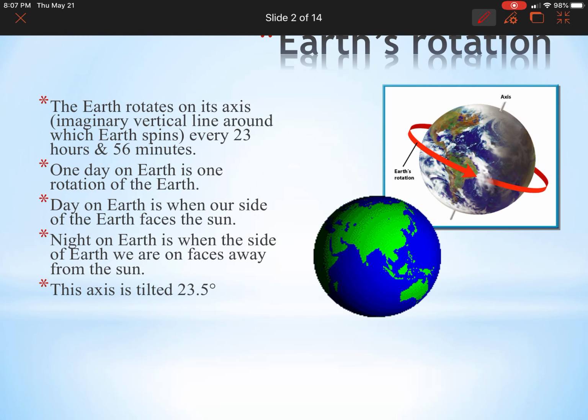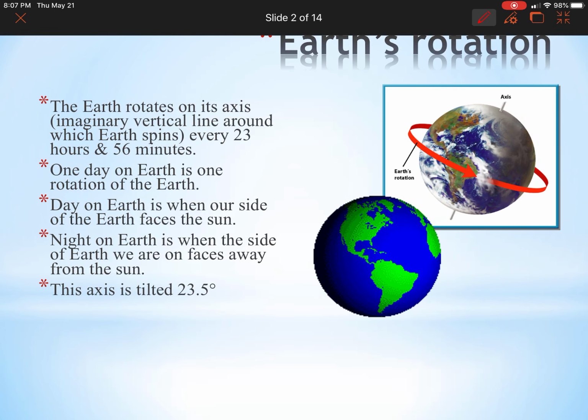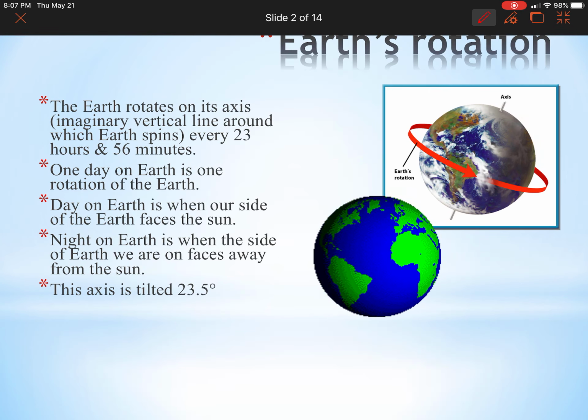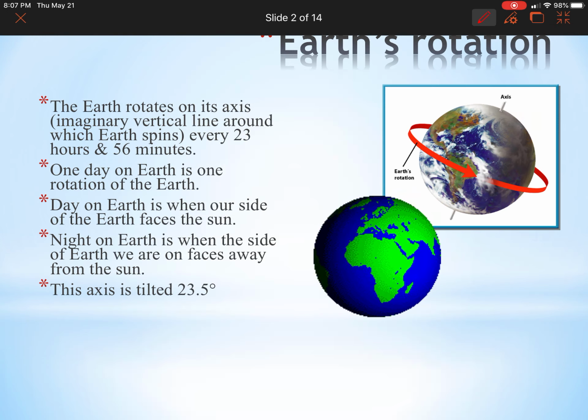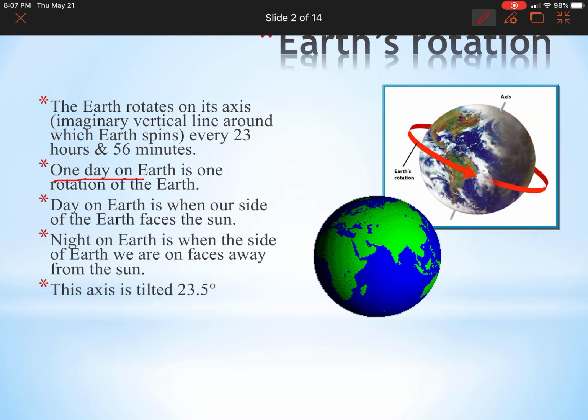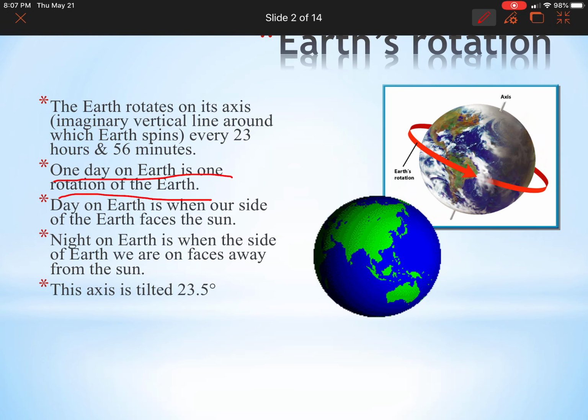The Earth rotates on its axis every 23 hours and 56 minutes. So one thing to note here is that it's on this tilt here. So one day on Earth is equal to one rotation of the Earth. So copy this part down in your notes there. Rotation of the Earth. So day